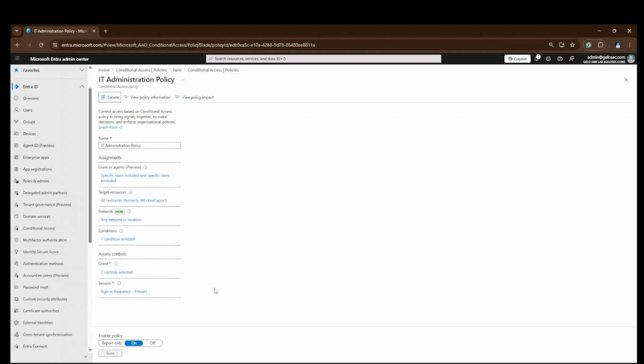I tried troubleshooting my policy, and it took me a while, and I couldn't figure out why it didn't work. And when I checked the policy, it said report only. Report only generates a report. It doesn't take action, or it doesn't enforce the policy or block or grant something. So make sure it is set to on, guys.